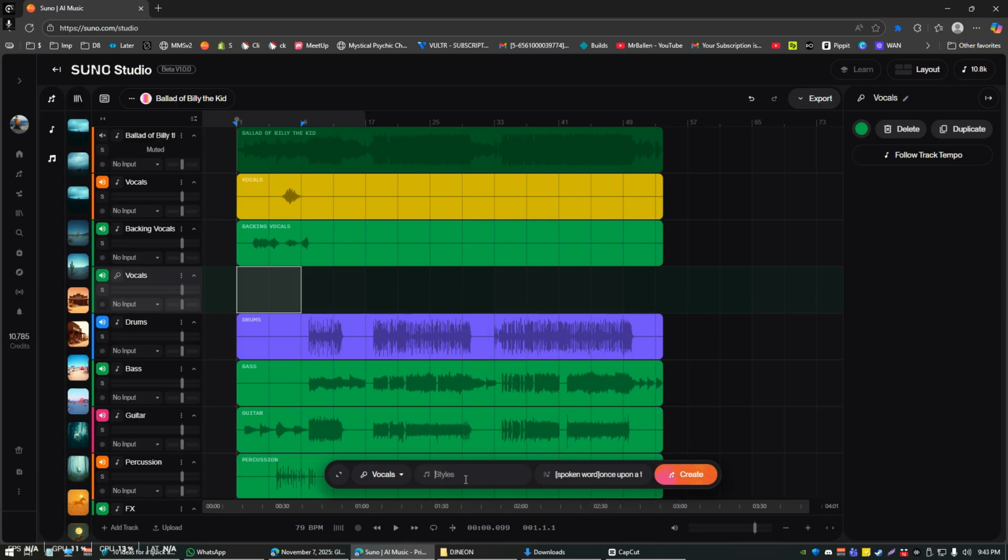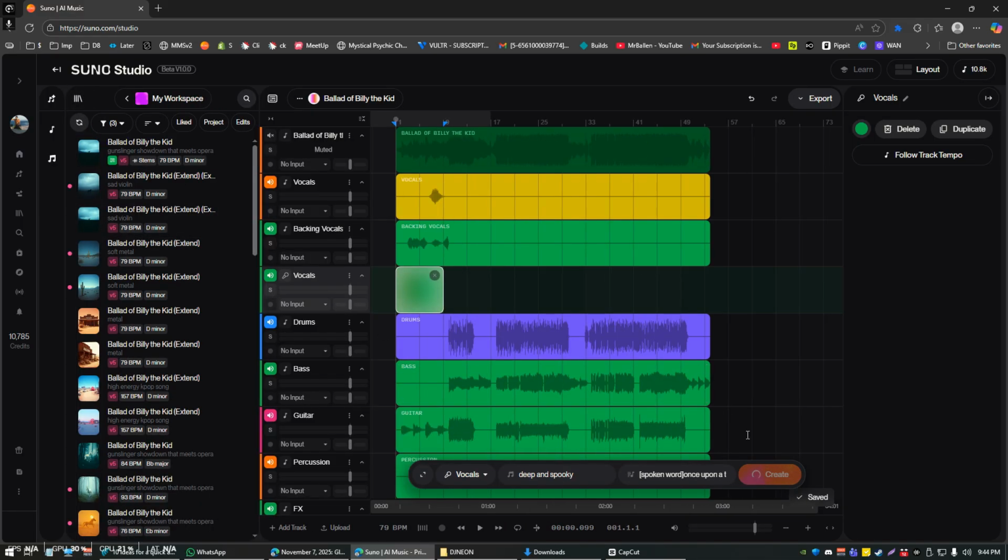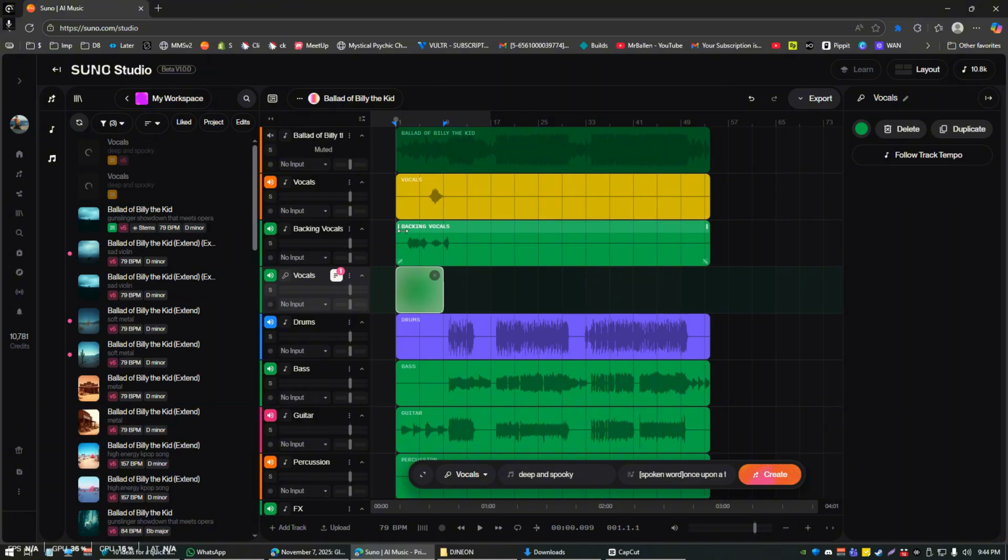And we can give this a style as well. So let's go something like deep and spooky. Let's do a deep and spooky type of narrative tone. Click on create. And I'm going to expand this little section right here. This has now begun the creation for that particular section that's going to match into the rest of the